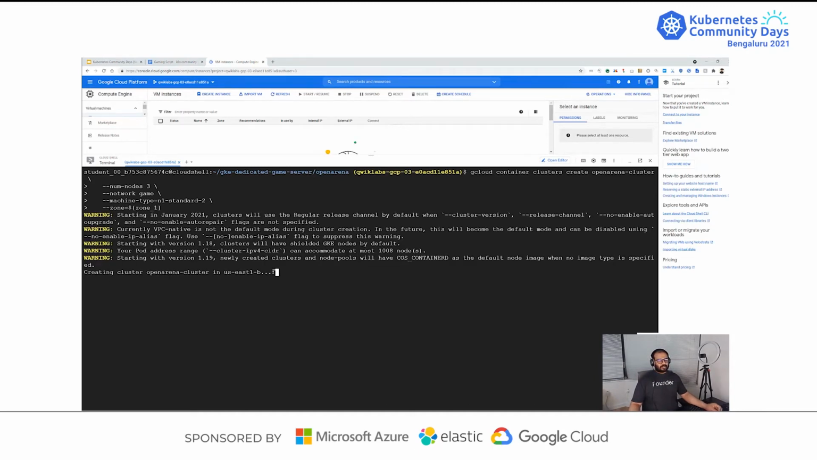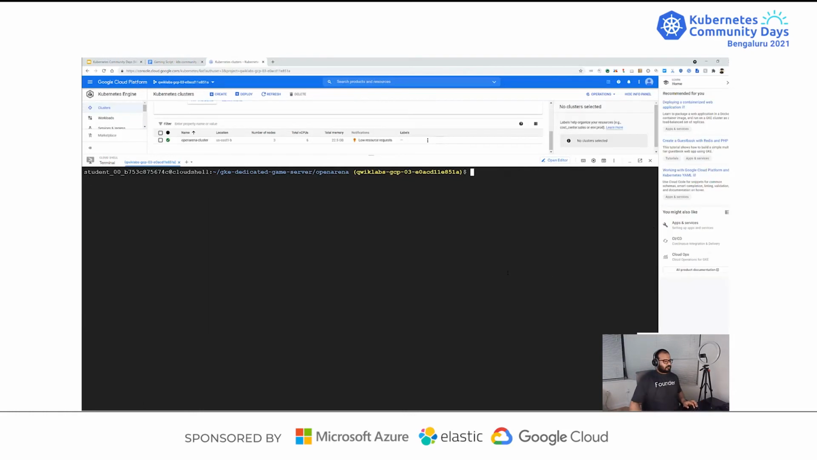So I'm creating a 3 node cluster in the network game, with machine type n1-standard-2 in the zone which we already configured for. Now let's connect to the cluster which we created. Once the cluster is ready, the next step is essentially loading the assets or the volumes which we have